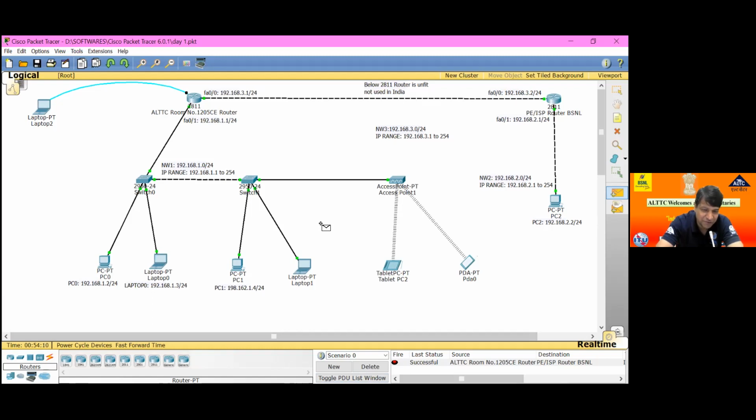If you try here from PC0 to PC2, it will always fail at this time because there is no mechanism available. Try first from PC0 to the ISP. Same, it fails. However many times you try, it will definitely fail. As I already told all of you, if I want to send communication from one network to another network, protocols, rules and regulations are definitely required. And this rule and regulation is known as the routing protocol.